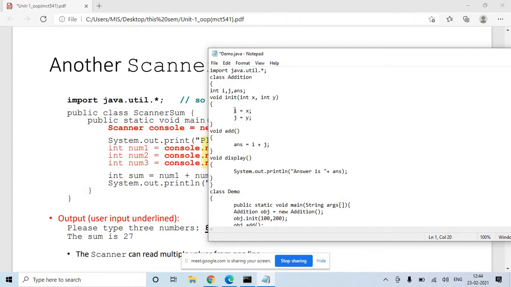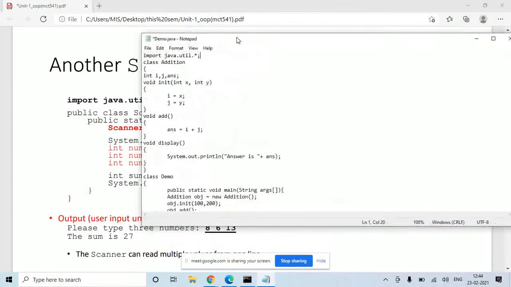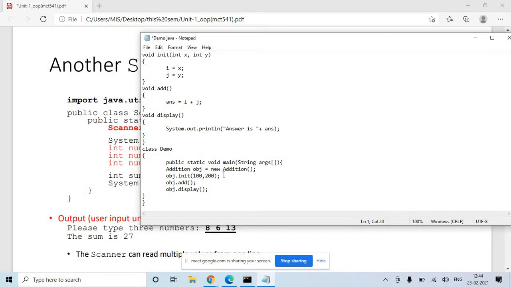Now in the addition, instead of this 100 200 you want the user to enter the value.